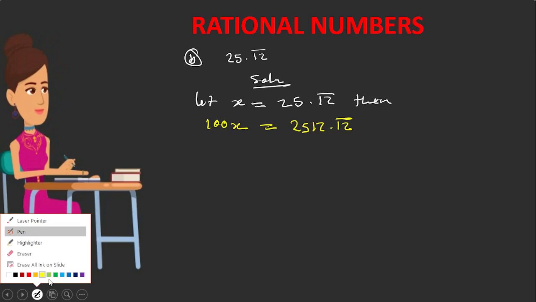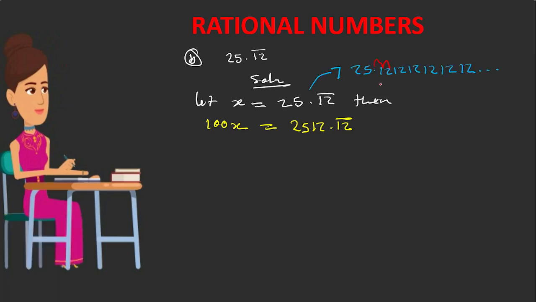So this number is the same as 25.1212121212 like that. Now when you multiply this number, for us to get rid of that decimal point, that bar there, we multiply it by 100. So when you multiply it by 100, what will happen is that the point will move 2 times. So it will move 1, 2. So this will be now